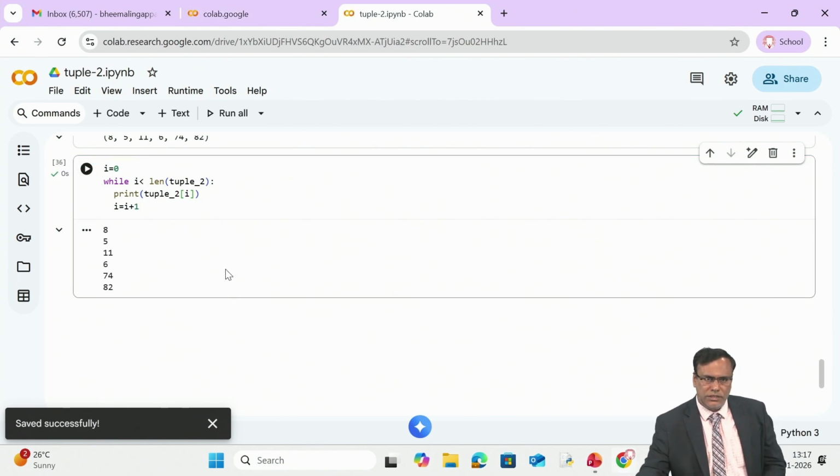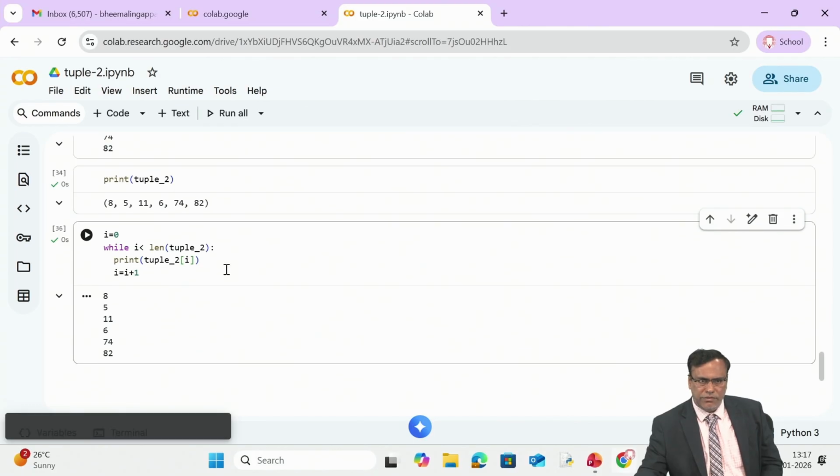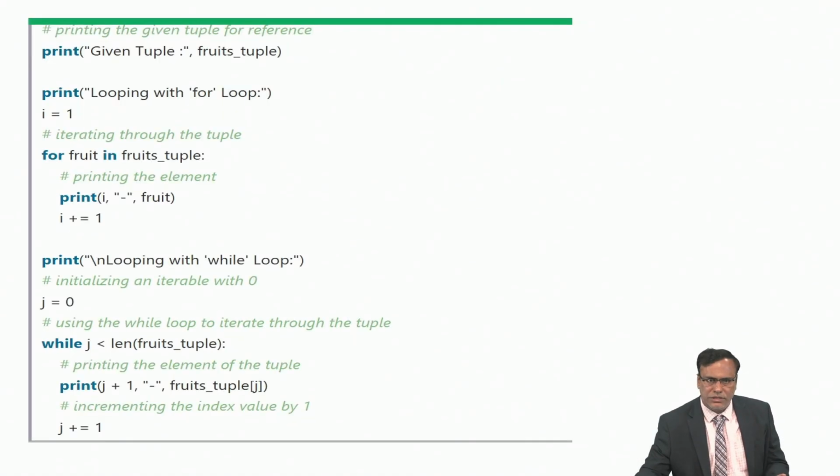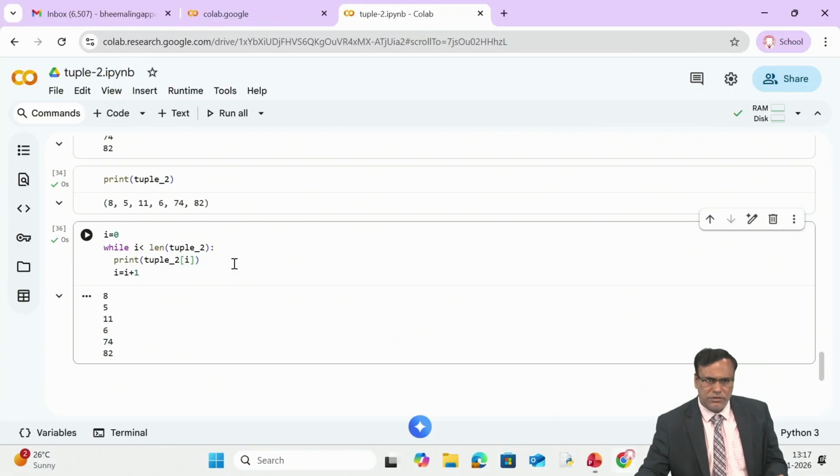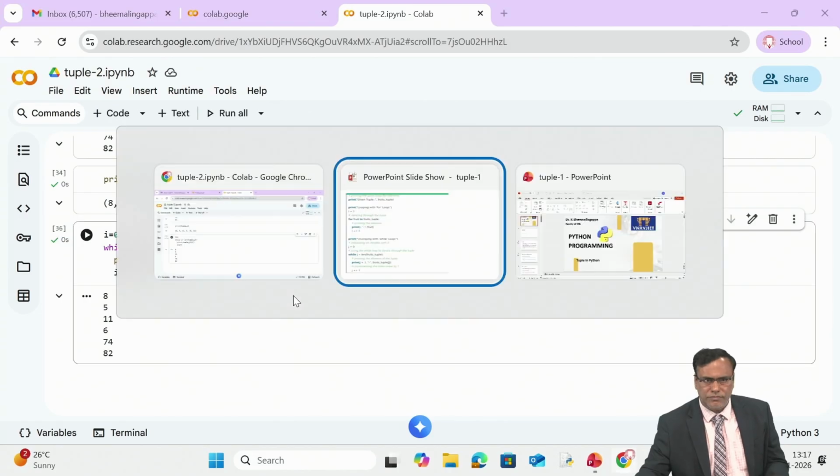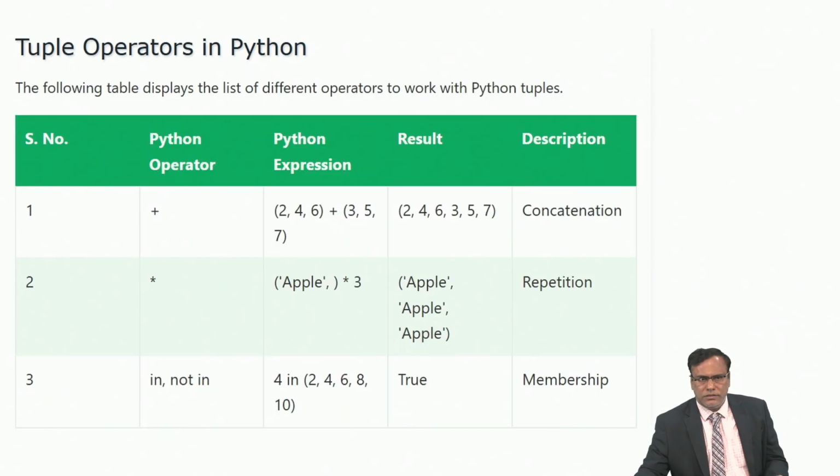So you got that, same list of elements, 8, 5, 11, 6, 70. You don't have this shorthand operator. I think you followed this. Next,